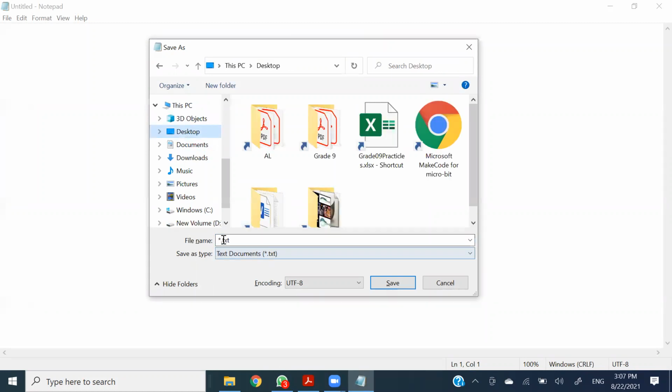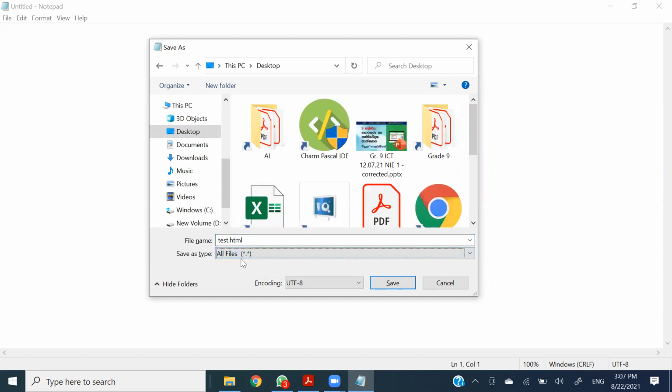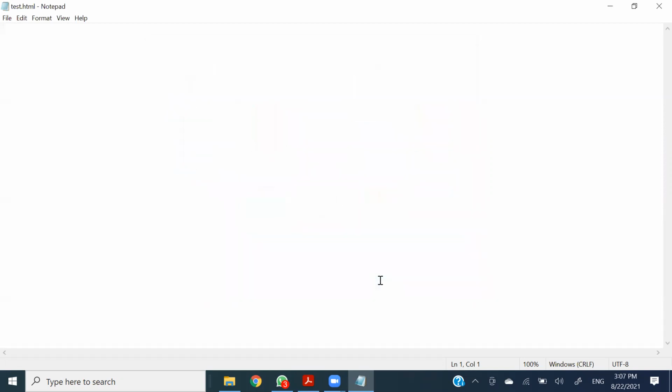right? As test.html. And it's better I collect all files over here. So it will save as test.html, and I'm going to save it. All right, so